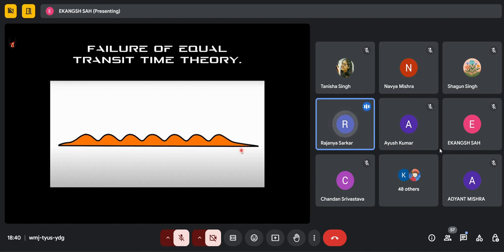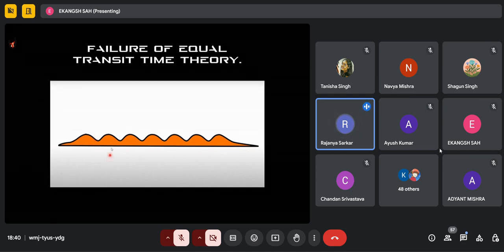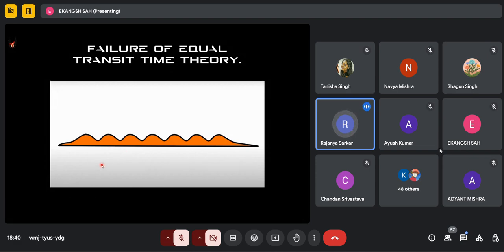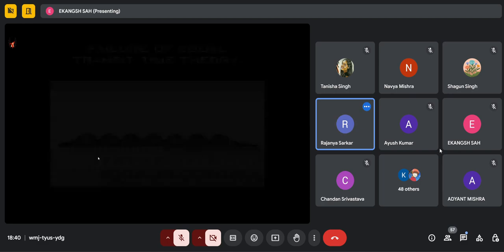That means the upper surface will be having a very low pressure as compared to the lower surface, and that will lead to a high lift generation. But practically, we have seen that this generates zero lift, right? So this theory failed, and in the next slide we can see